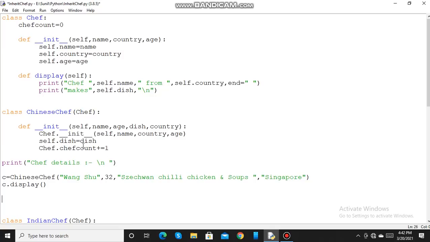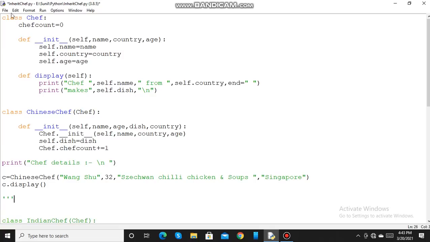So whenever this init method is called, a new object is created and chef count is increased by 1. Now after that, I am using the object of this derived class. I am calling the display method of the parent class. So it will print the details of this chef.